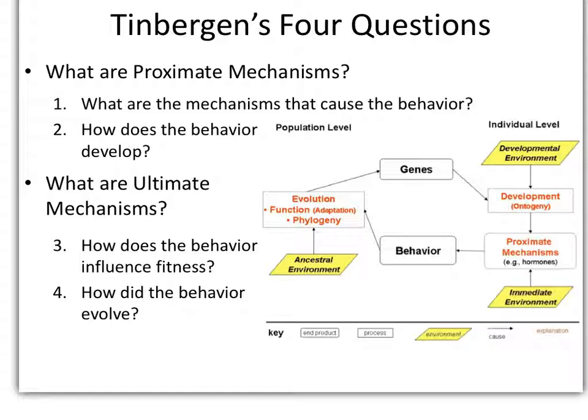So right now you're looking at me, or maybe you're not looking at me, I don't care. But at the same time that you're looking at me, your visual cortex is doing all sorts of stuff to make sense of perhaps what I'm saying, even if I'm not making much sense at all, right? So you're shaking your head. But so one level, of course, is the first visual image that you get of me, and that's one proximate mechanism, that's one how. That kind of cascades into this whole visual cortex in terms of what's actually going on,